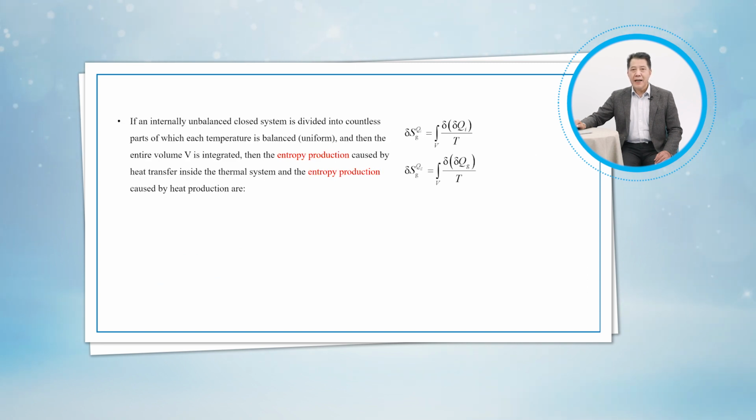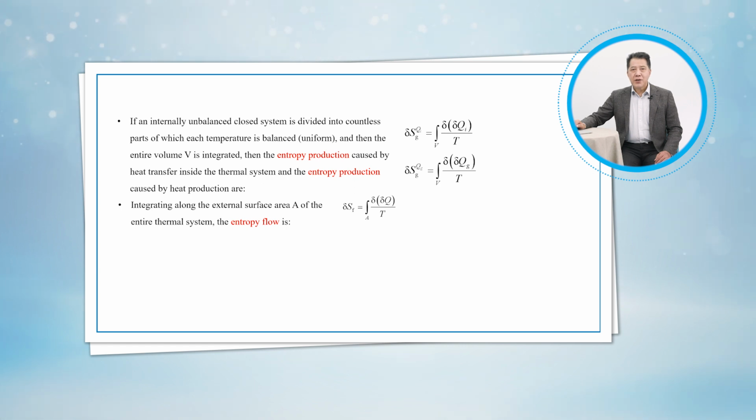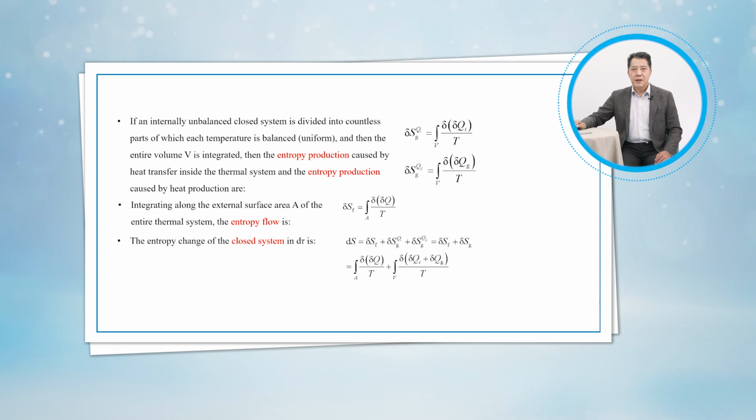If an internally unbalanced closed system is divided into countless parts of which each temperature is balanced, and then the entire volume V is integrated, then the entropy production caused by heat transfer inside the thermal system and the entropy production caused by heat production are: Integrating along the external surface area A of the entire thermal system, the entropy flow then is: The entropy change of the closed system in d tau then is: